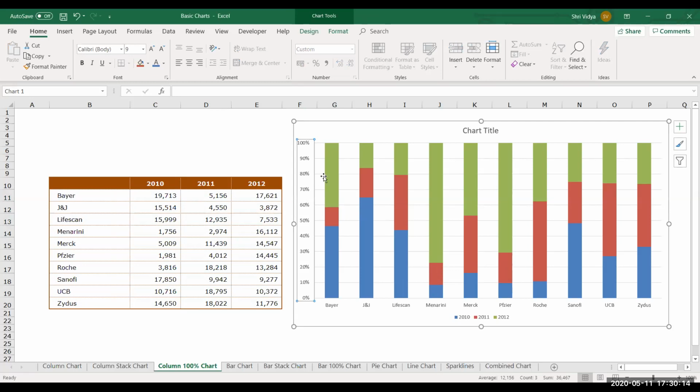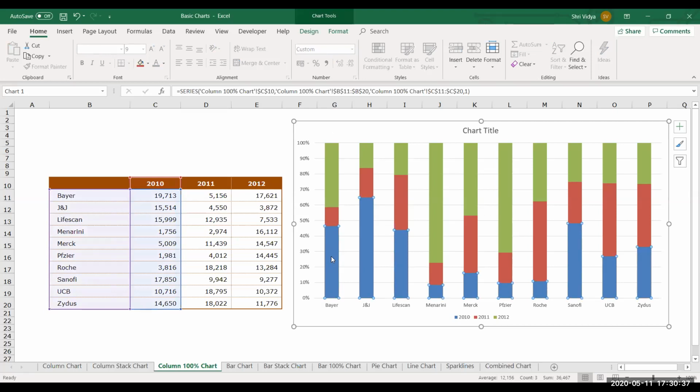Okay, so this is also known as a split pie chart, because for each series you can see the pie, it is going to represent somewhere in the form of a pie only. So this entire column is 100%, and in that you have the divisions. But the problem is I can't show the data label in percentage over here.